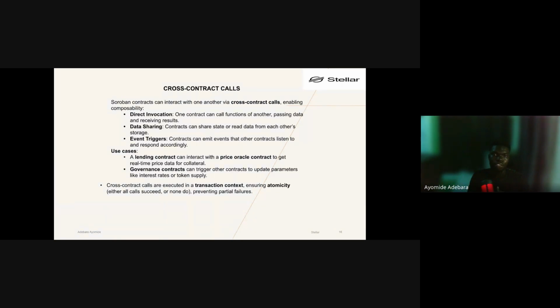Another thing is event triggering. It's important. Some people do not include events whenever they are writing their smart contract. But why exactly is it important that you include events when writing your smart contract? It is important because there are certain situations whereby